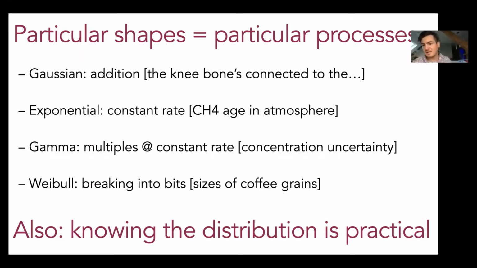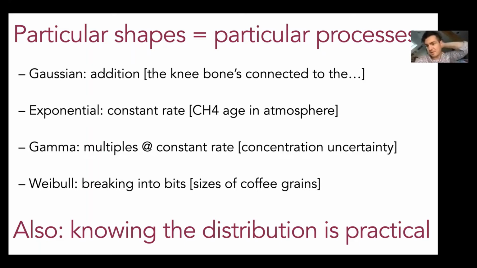Or the reason that test scores are Gaussian distributed is because question 1 has 5 points, and some people get 3 points, and some people get 1, and some people get 5. And question 2 is worth 5 points, and your total score is the sum of your scores. And that's why test scores have a Gaussian distribution.